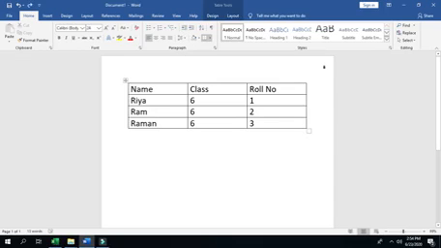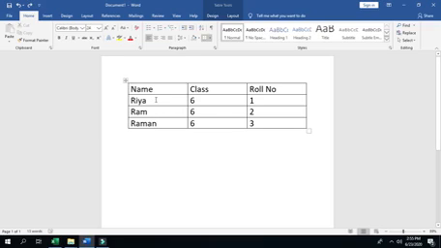So our next topic is formatting a table. Formatting a table means to enhance the look of the table to make it attractive. So in formatting, the first option is aligning the text in a cell. Aligning means changing the position of the text in a cell. There are different alignment options like left, right, center, justify, that we will discuss one by one.